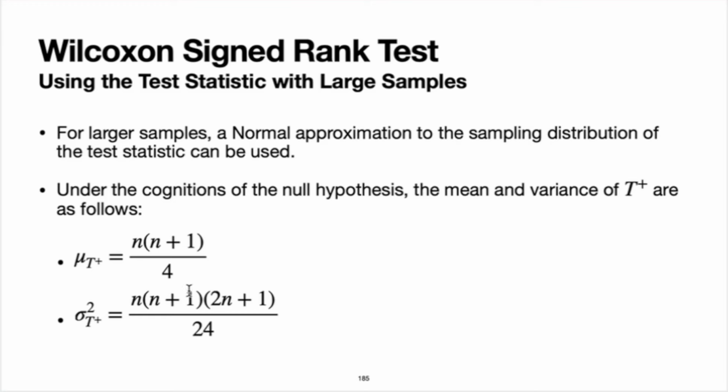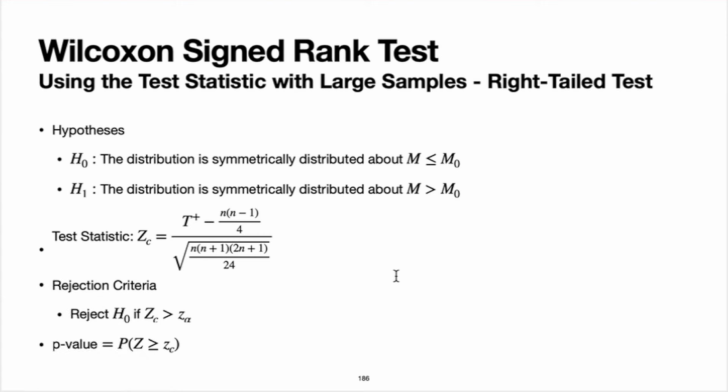So if the null hypothesis is true, then the mean of the sampling distribution of t plus is n times (n plus 1) over 4, and the variance of t plus is n times (n plus 1) times (2n plus 1) over 24. Now, we're certainly not going to derive that in this class, but we'll just take these as given. We can invoke the central limit theorem using those values for the mean and variance of the sampling distribution